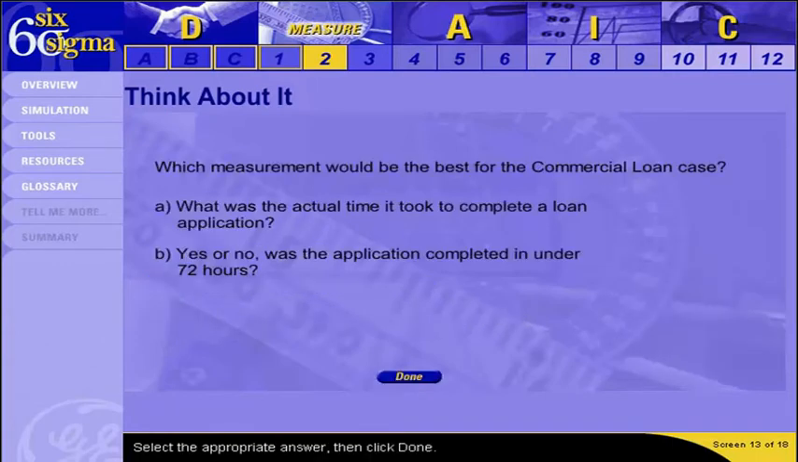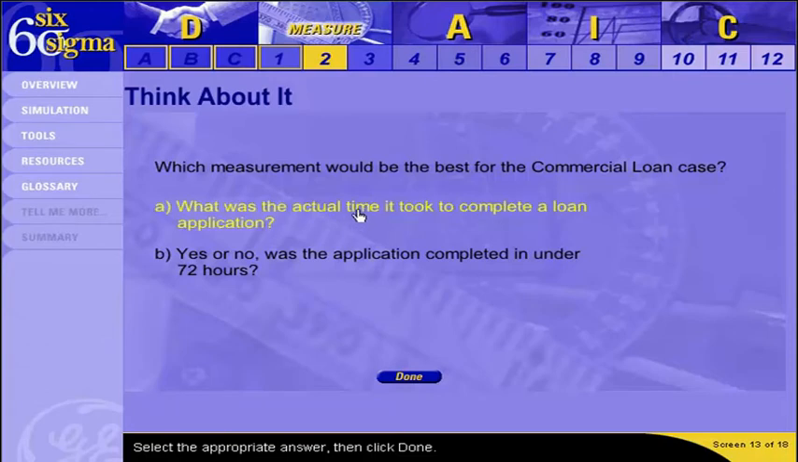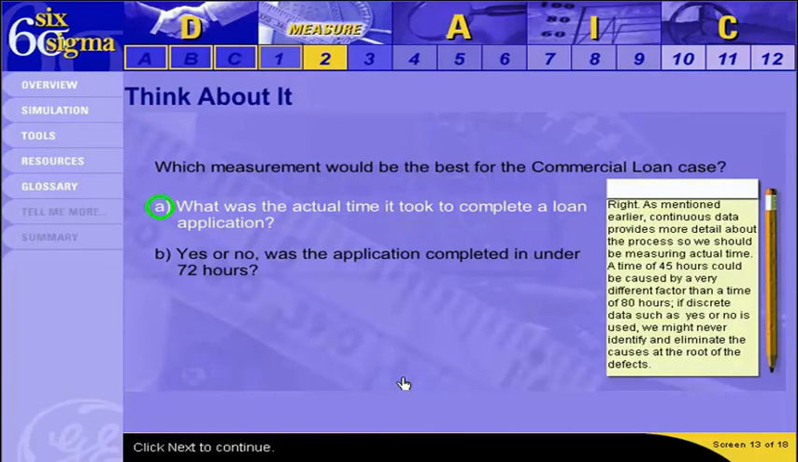Coming back to the commercial loan case, we know that the high-level goal is on-time delivery of funds to the customers, so our project goal is to reduce loan application time. For the performance standard, we need to turn that goal into a numeric measurement. Right. As mentioned earlier, continuous data provides more detail about the process, so we should be measuring actual time. A time of 45 hours could be caused by a very different factor than a time of 80 hours. If discrete data such as yes or no is used, we might never identify and eliminate the causes at the